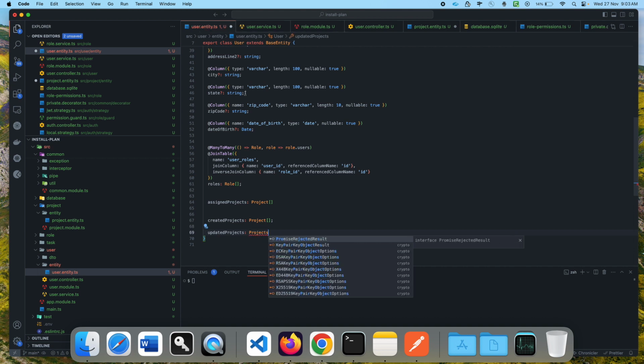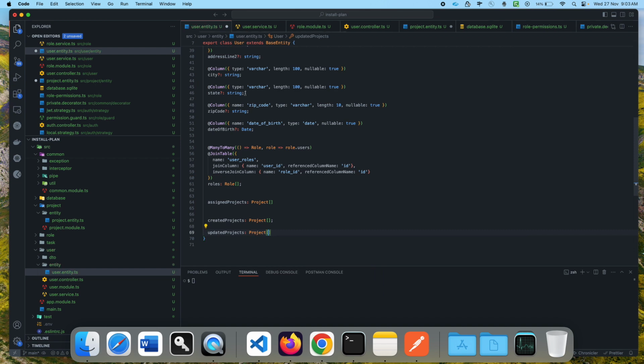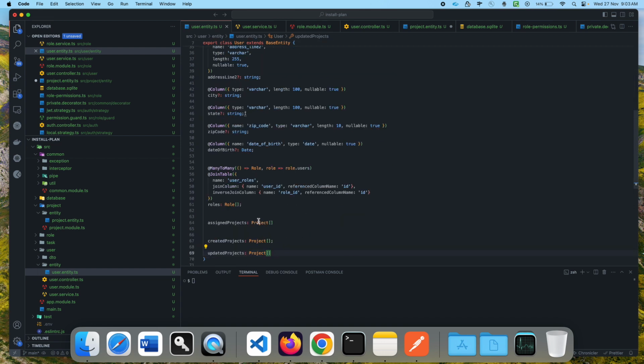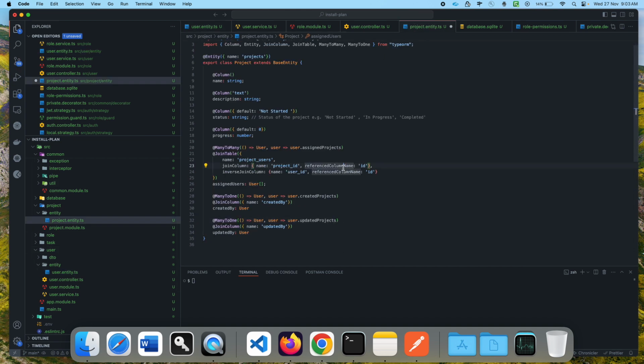This is also optional, like if you want to keep track of updated projects, then you can do that. Otherwise this is not mandatory. If you think adding this will make the response bigger, then we have multiple options: we can select properties from this project and keep it short, instead of selecting all the properties, or we can just remove this one. Okay, so now since we have finished doing things in the project,